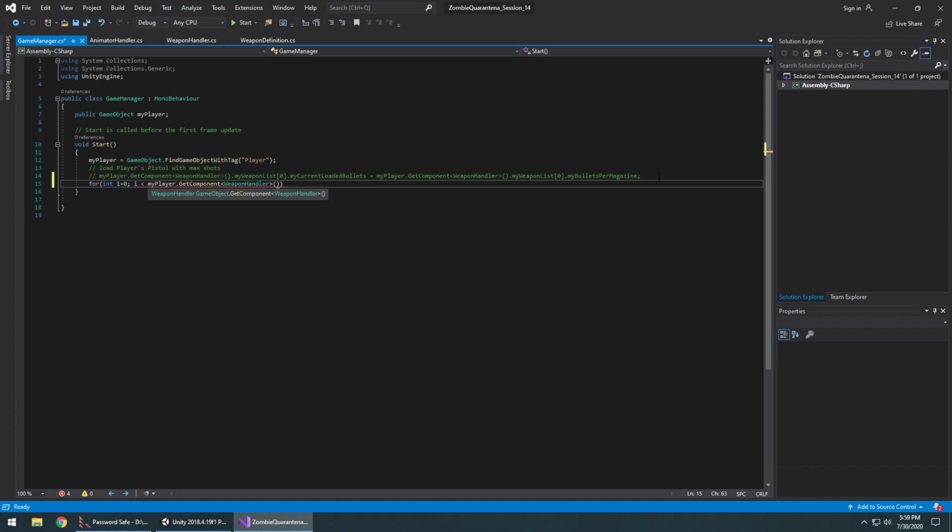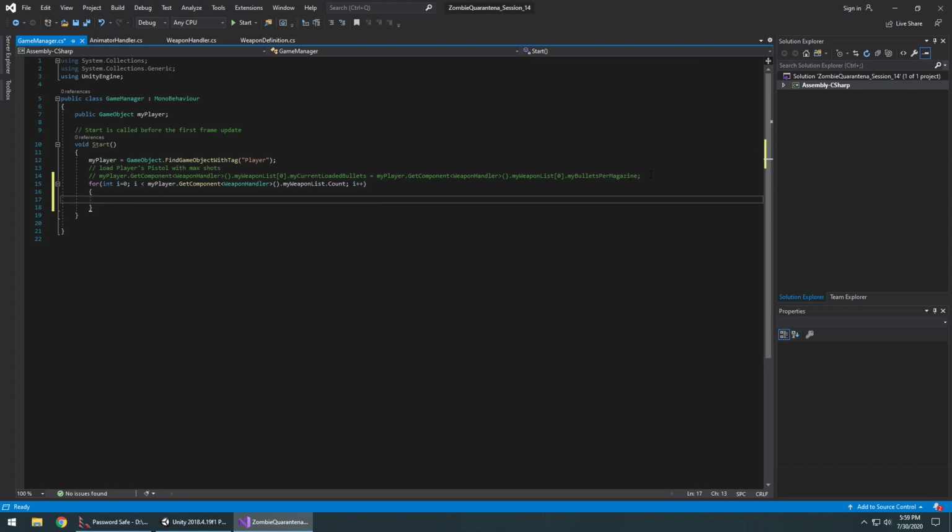Sorry, in two parentheses here. Dot my weapon list dot count. And then i++. So start with the integer 0, and then go up until you reach the total number of weapons in my list. And for each one of those,